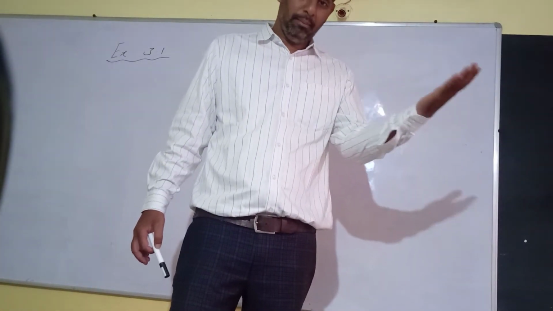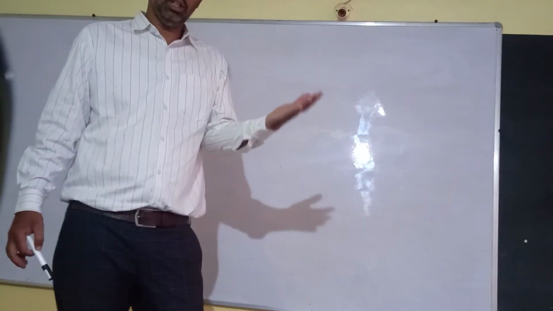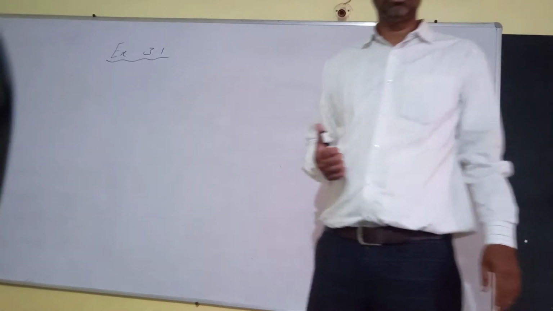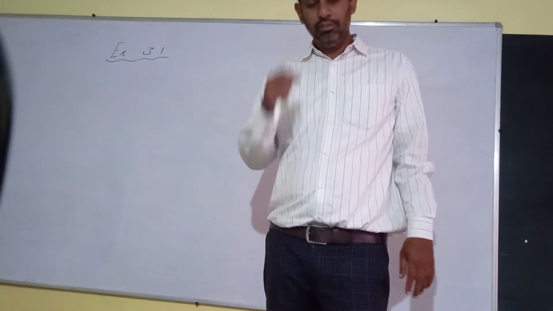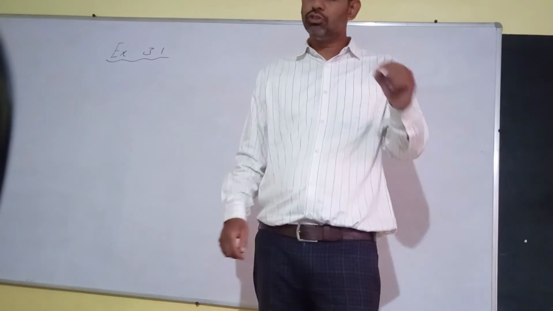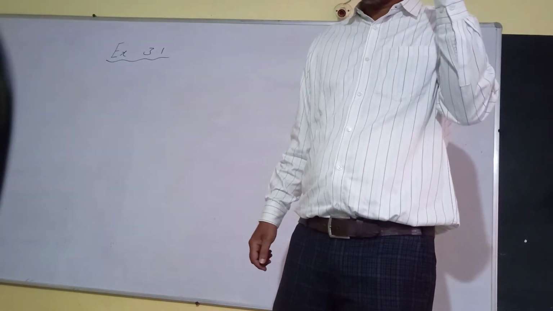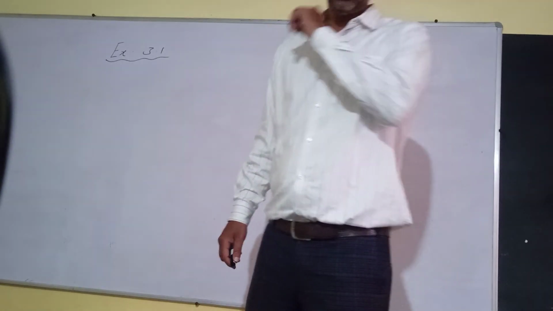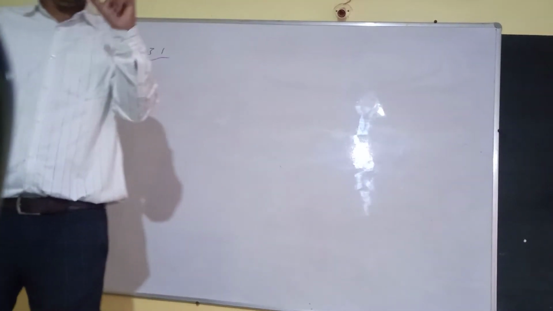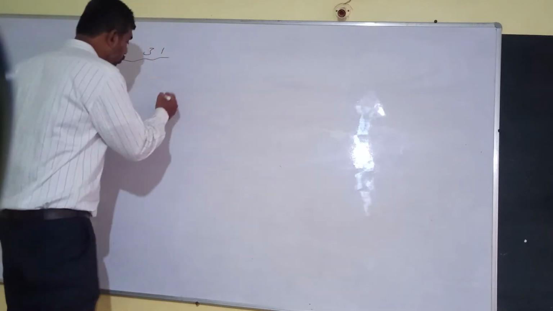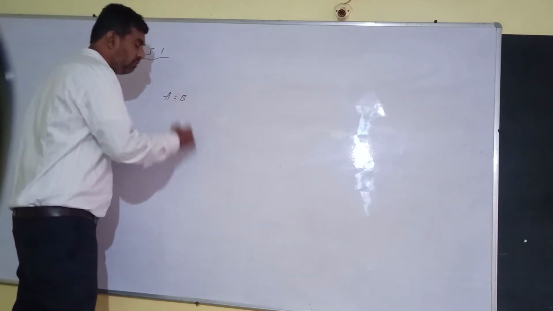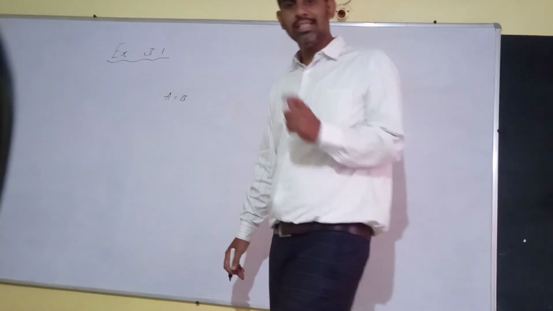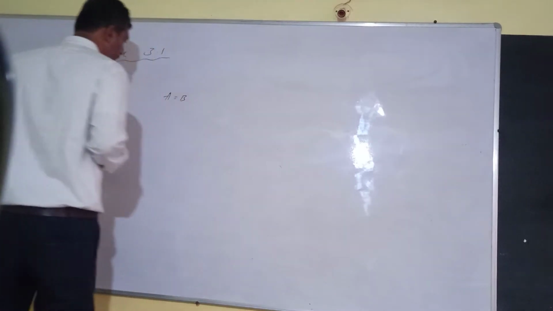A matrix in which the number of rows is equal to the number of columns is called a square matrix. We have seen the identity matrix, a square matrix, or you can say a scalar matrix, in which all the principal diagonal elements are unity. We have seen equal matrices: two matrices are said to be equal if their orders as well as their elements are the same.